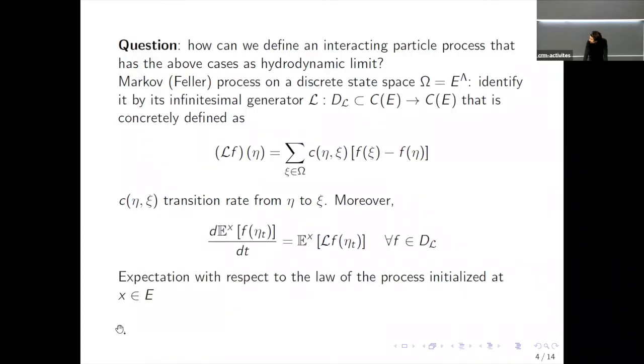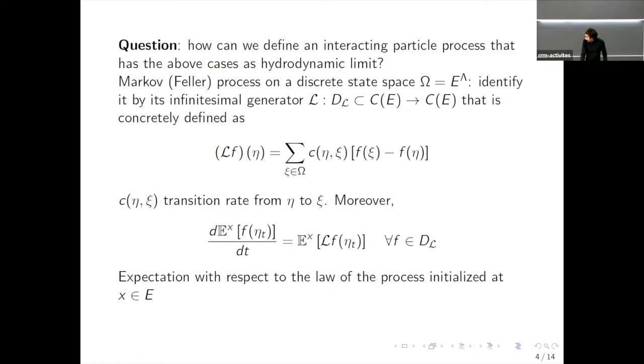We also know the so-called master equation that describes the evolution in time of the expectation of a function that belongs to the domain of the generator. And let us remark that the expectation is taken with respect to the law of the process